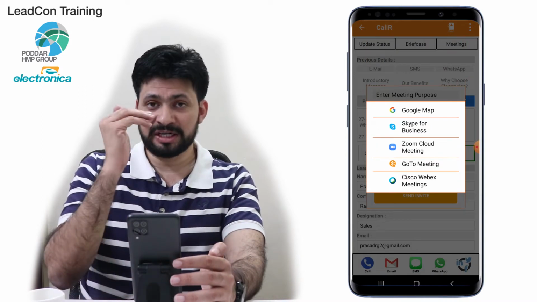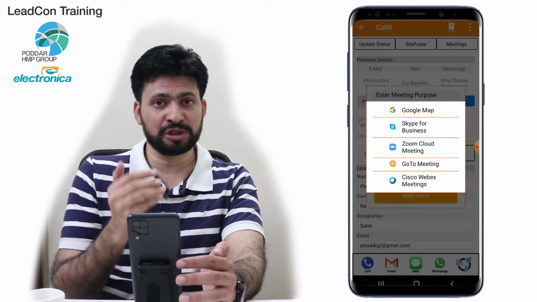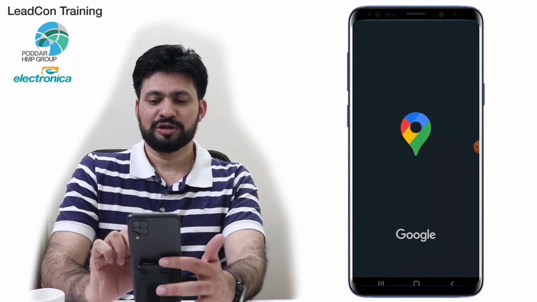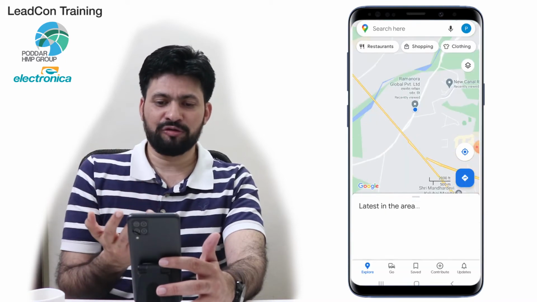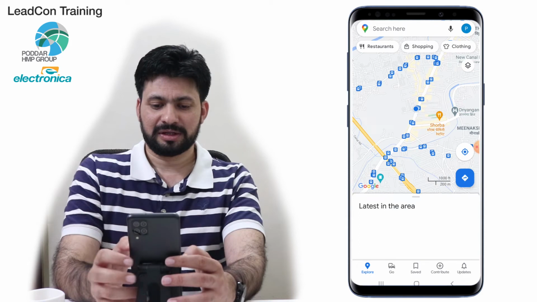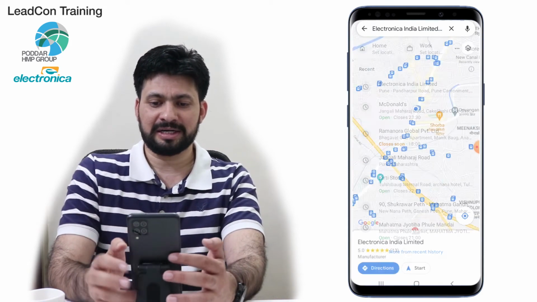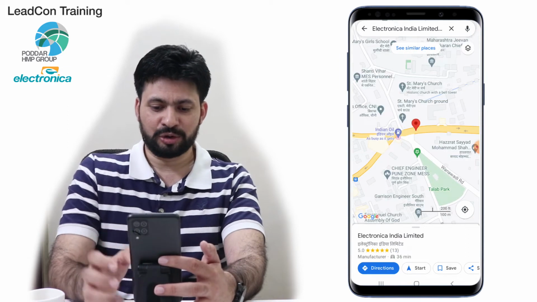Okay, under location I can simply go ahead. We have given you a facility of everything from Google Maps to digital meeting facilities which are available nowadays. So for example, now that you might go for a personal meeting, I can choose that. I'm going to choose, say for example, meeting at Electronica India Limited. So here is the location.